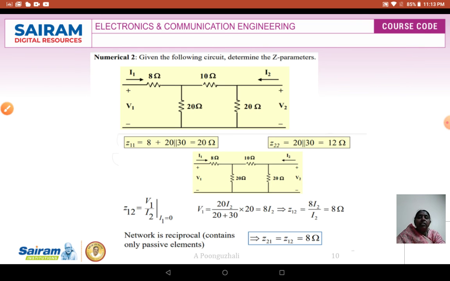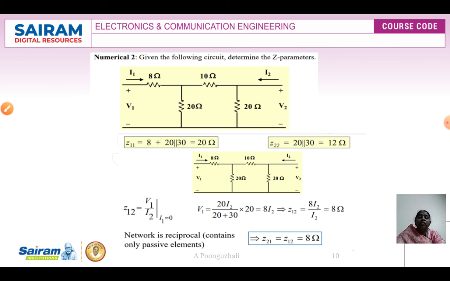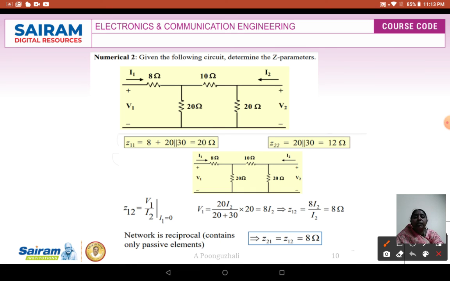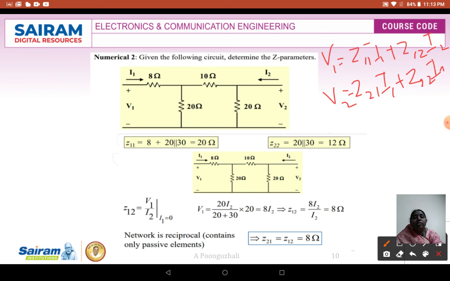So here next is one more problem we'll see. Given the following circuit, determine the Z parameters. We are going to have these Z parameters. Now we want to find out your Z11. So the first step, whatever is the first step, we have to write your basic equation. So basic equation, write V1 is equal to Z11 into I1 plus Z12 into I2. Here V2 is equal to Z21 into I1 plus Z22 into I2. So now substitute your I2 to be 0. When I2 is 0, you are going to get V1 is equal to Z11 by I1.